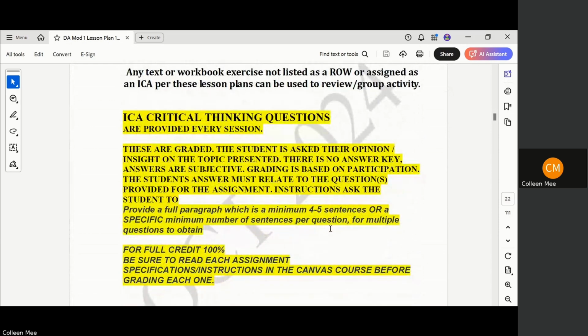There are assignments in your courses called critical thinking questions, and these are subjective in nature, and these are designed to get students to think on their feet. There is no answer key, but they do have requirements, and most of them will say provide a minimum of 4 to 5 sentences, or it'll say another amount. It might say 6 sentences or 10 sentences. It just depends on what the question is, but make sure you always open up that assignment and read what the criteria is, and then that's really what you base your grading on,